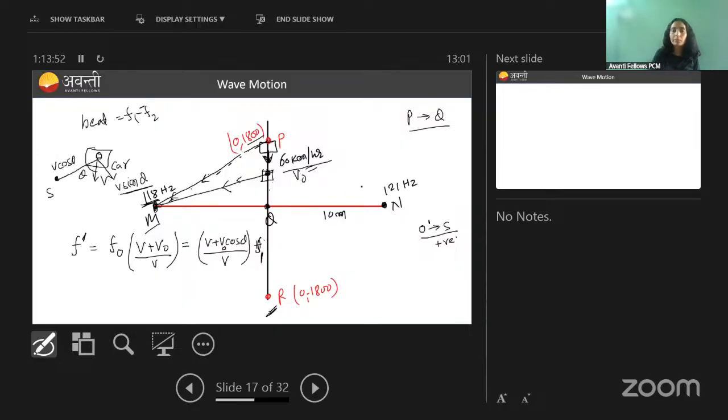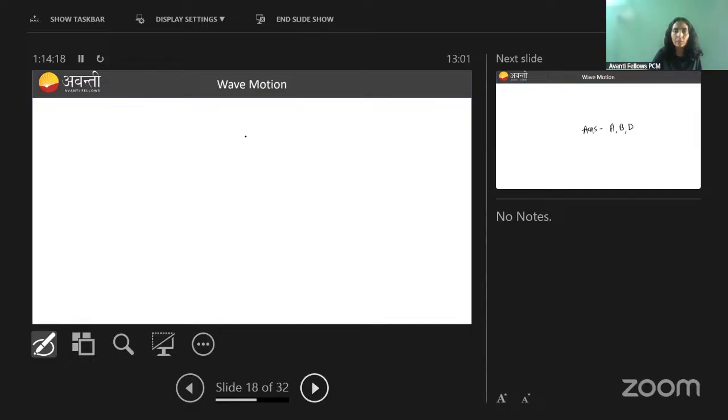What will be the other frequency? That will come from N. If you talk about N, here also the observer is moving towards the source. So if you calculate F double dash, that will be equal to F naught, V plus V naught cos theta by V, into F2. If you calculate the beat frequency at any general time, what value will you